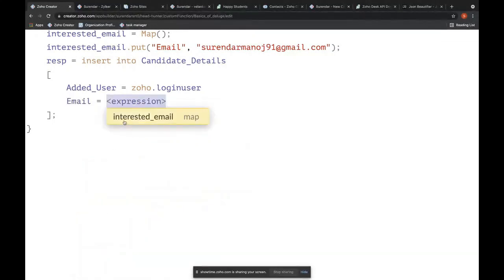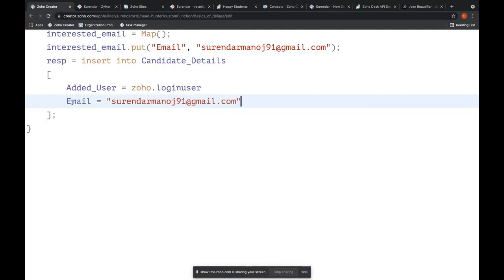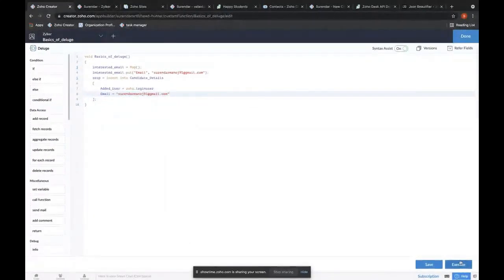email equal to, okay, sorry, it's taking only the value. So here normally how the data will be transferred is in the form of a map. So let's say Surendra Manoj 91 at gmail.com. Save, execute it,